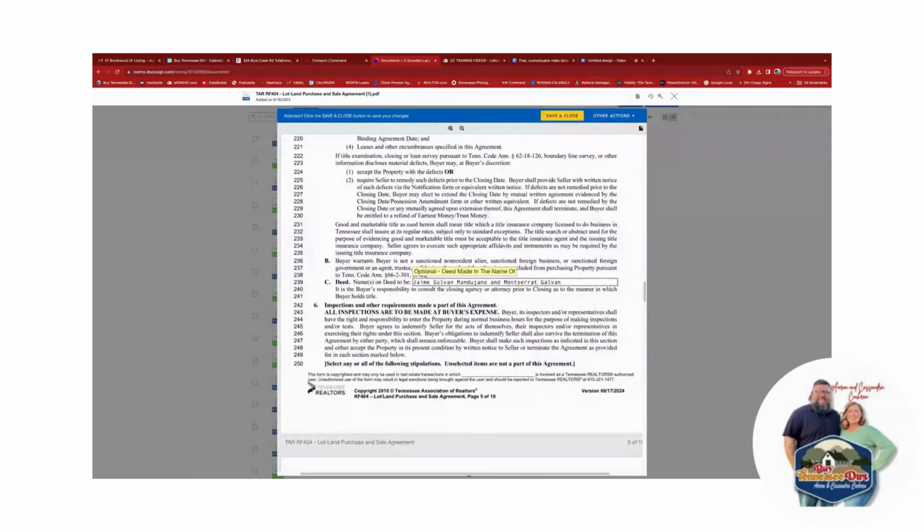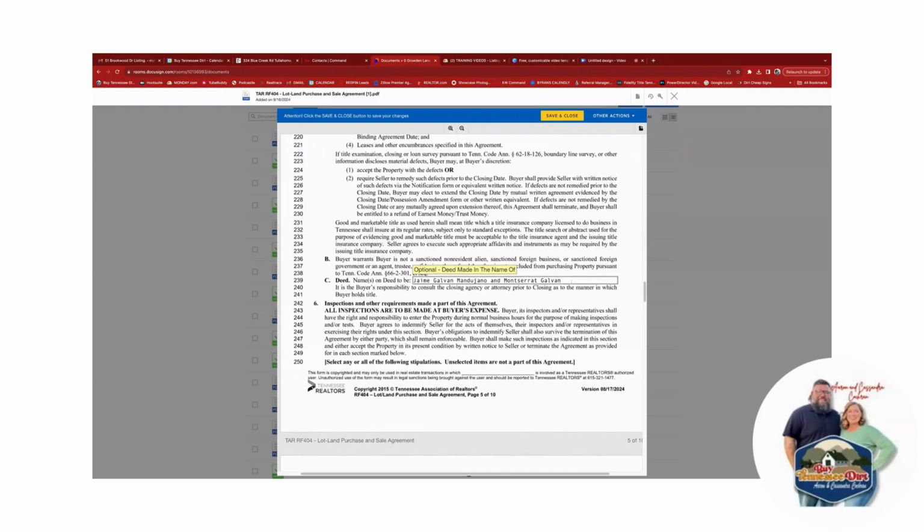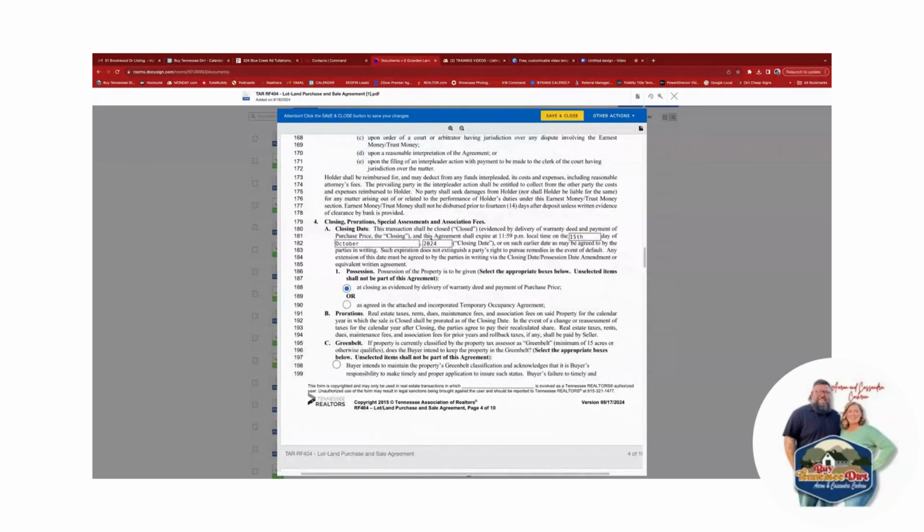And then the deed. Make sure your client's information is in there correctly and spelled correctly. Okay, so then here comes the nitty gritty of the purchase and sale agreement, which is extremely different compared to a normal purchase and sale agreement when you're purchasing a home. So keep in mind, let's go back up here, close date, which this one here is not an accurate one